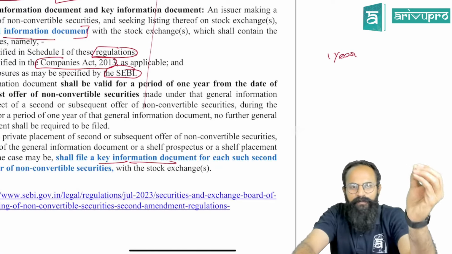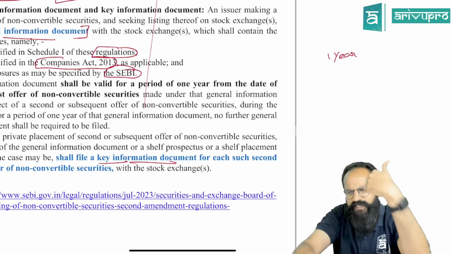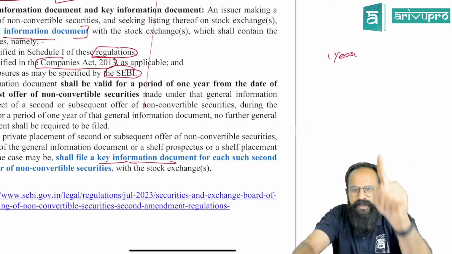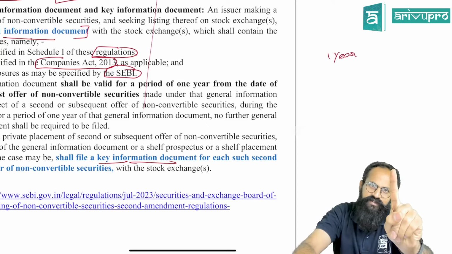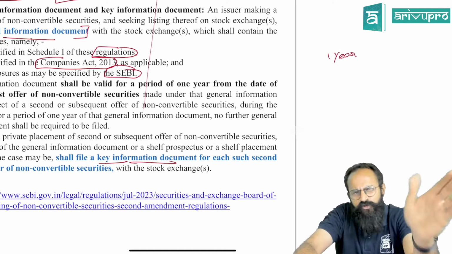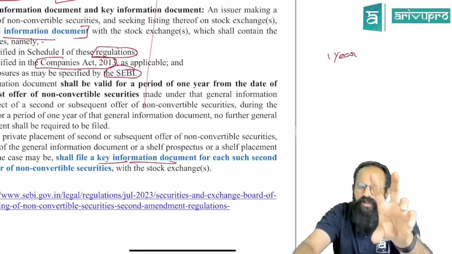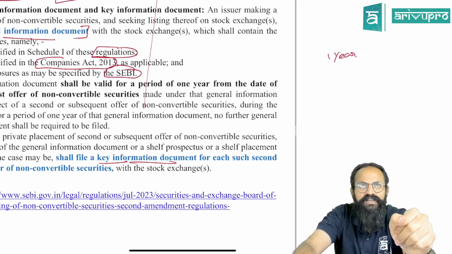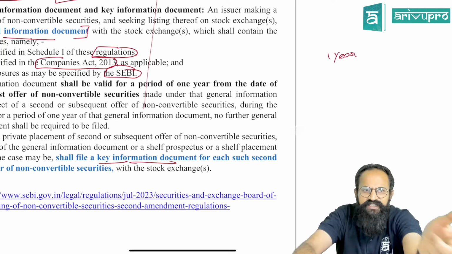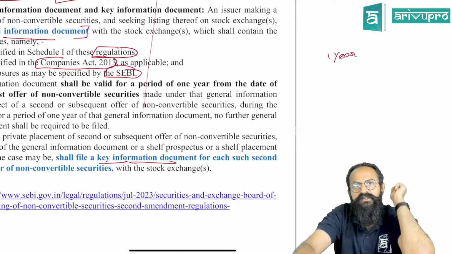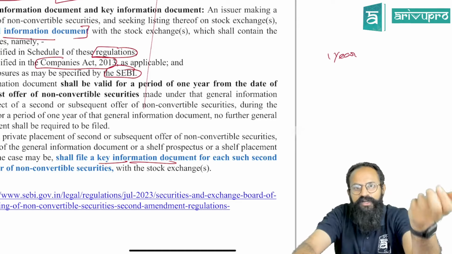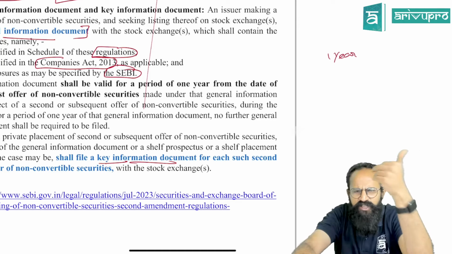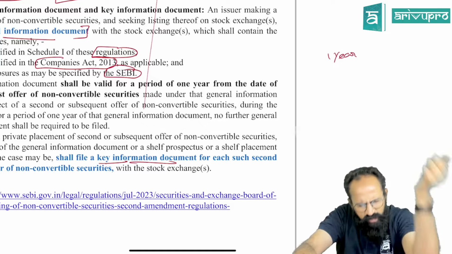What do you mean by general information document? Whatever disclosures you have to give to the stock exchange, you have given everything. Sir, this is when I am going for the first private placement. Imagine after 2 months, I want to issue a few more securities. Now again, from the first time till these 3 months, there will be changes in information. Whatever information has changed, for example, change in capital structure, change in debt, you have taken more debt, this has to be intimated again in one document. You need not give the entire general information document again.